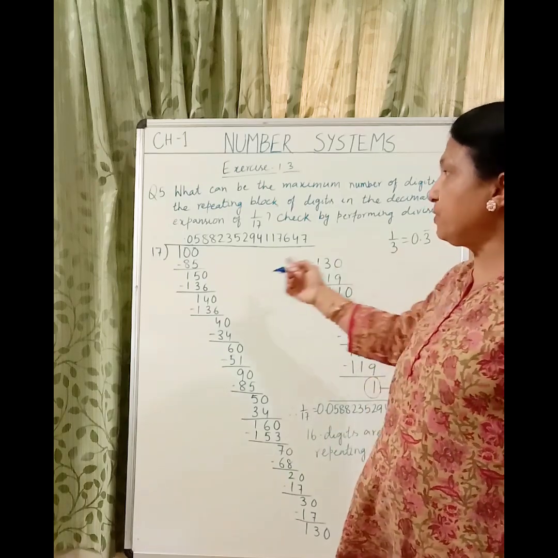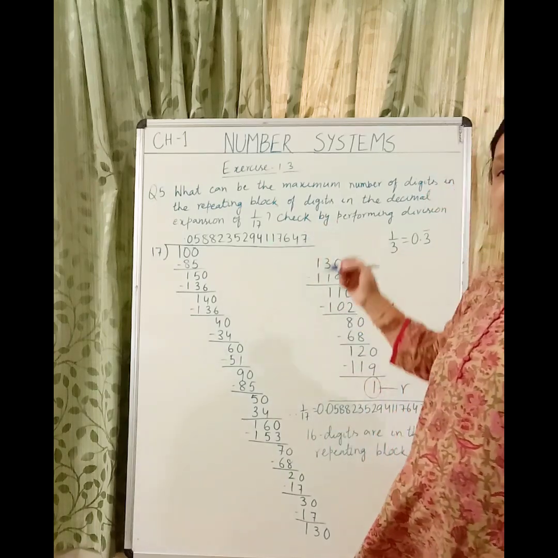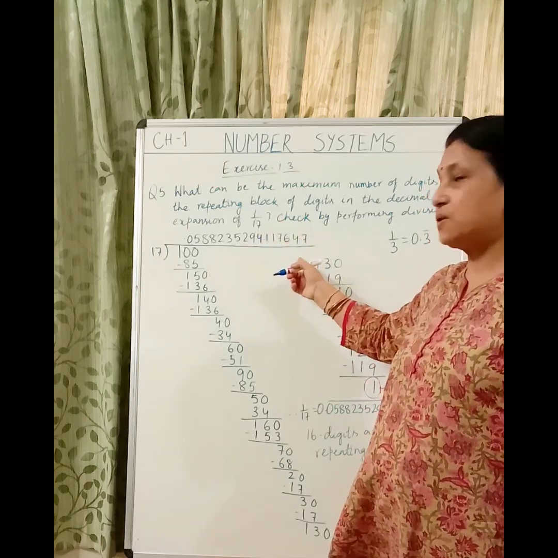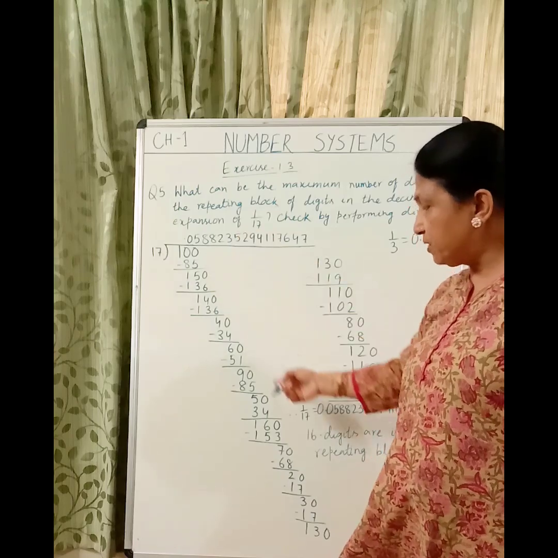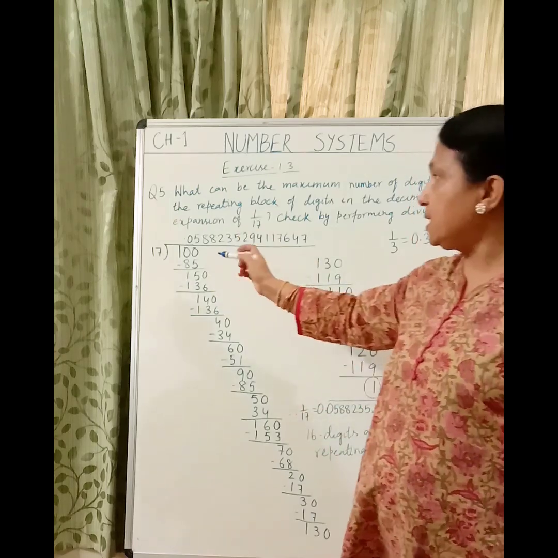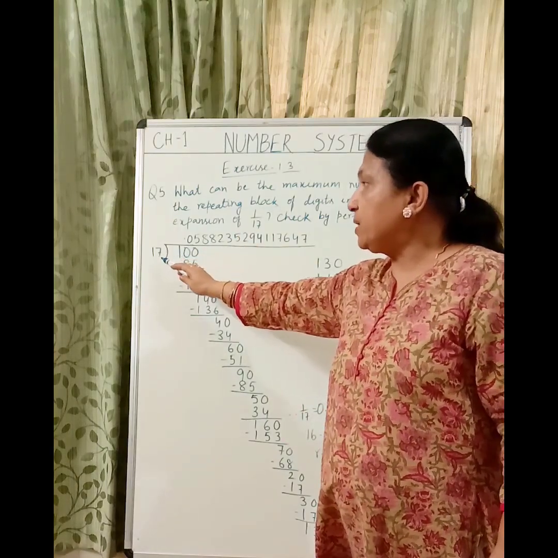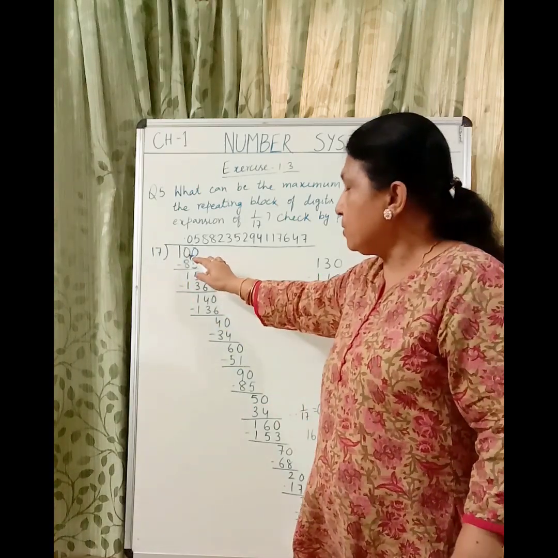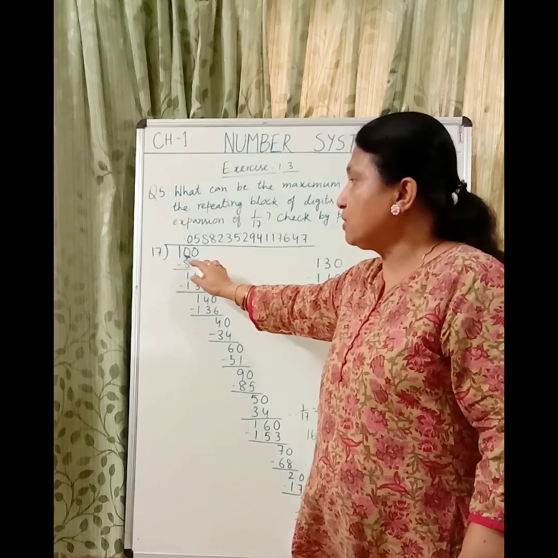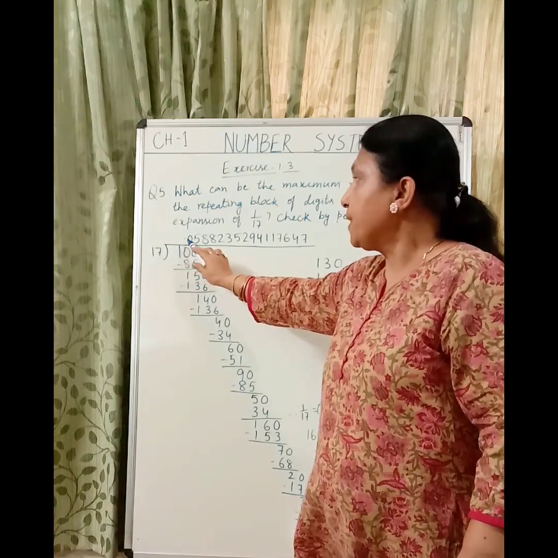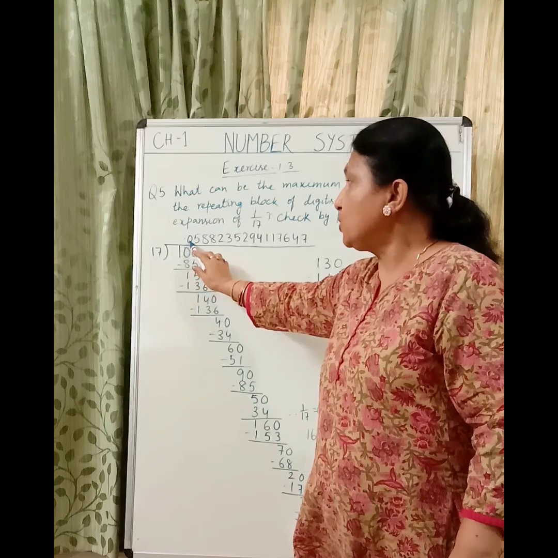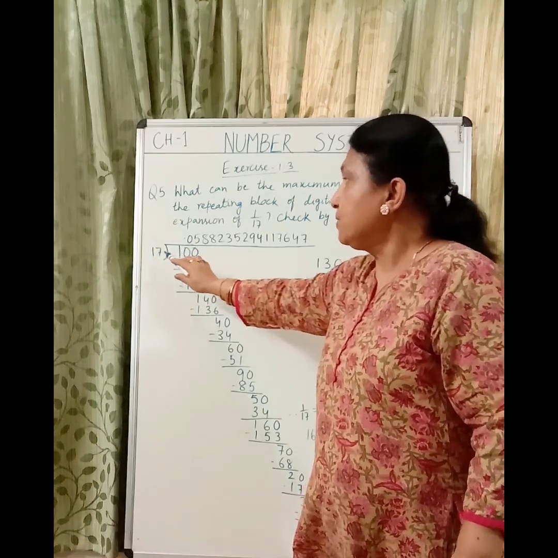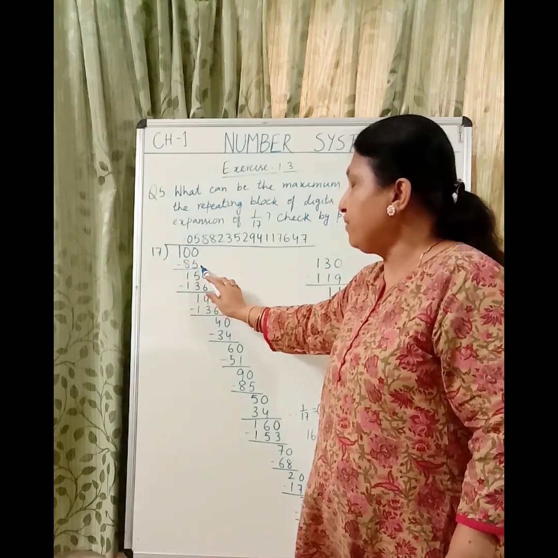So here we will be finding out by performing the division. 1 upon 17, we will be finding out the decimal expansion. So we have performed the division here. As you can see, 1 cannot be divided by 17. So taking 0, we are getting 10. That is also smaller than 17. So 0 comes here. We are taking one more 0, 100. So 17 5s are 85.